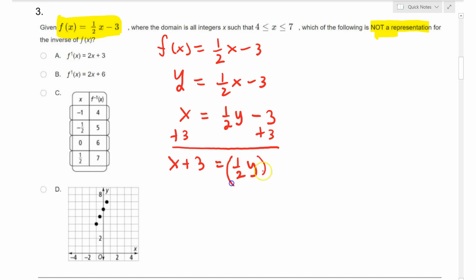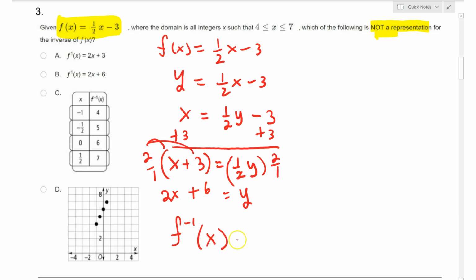Then we find the reciprocal of 1 over 2, which is 2 over 1. This becomes 1. 1 divided by 1 is 1. So you have y equals 2x plus 2 times 3, which gives you 6. So to write it using inverse notation, the inverse of f is equal to 2x plus 6. So we automatically know that this is a correct showing of